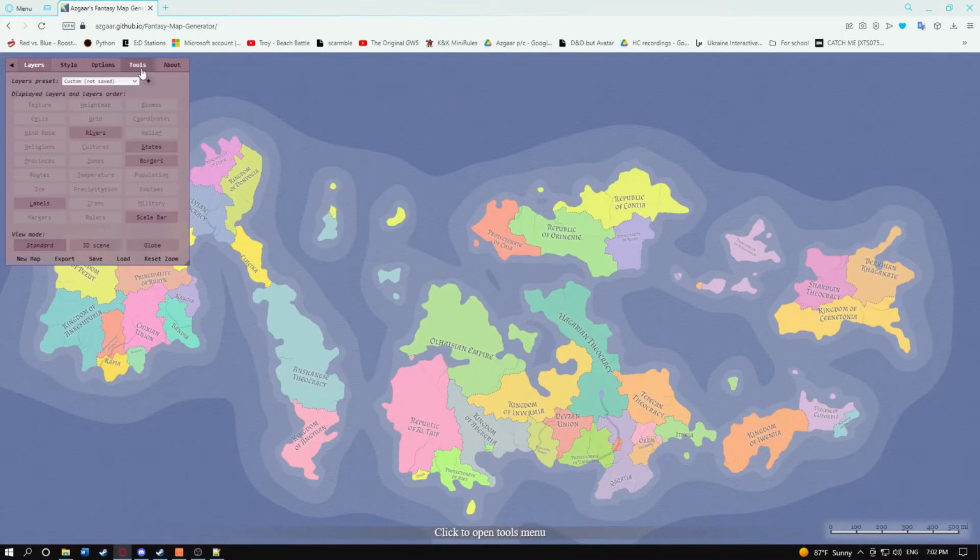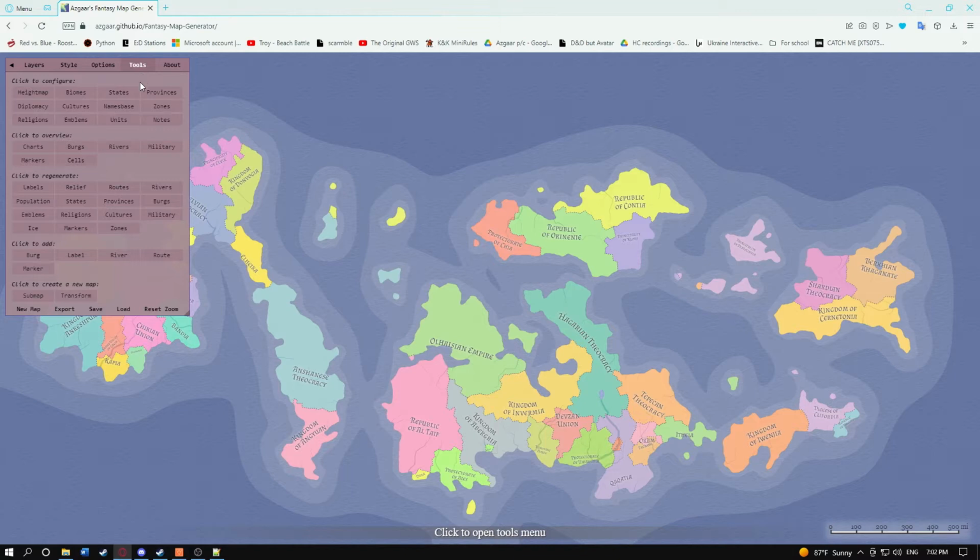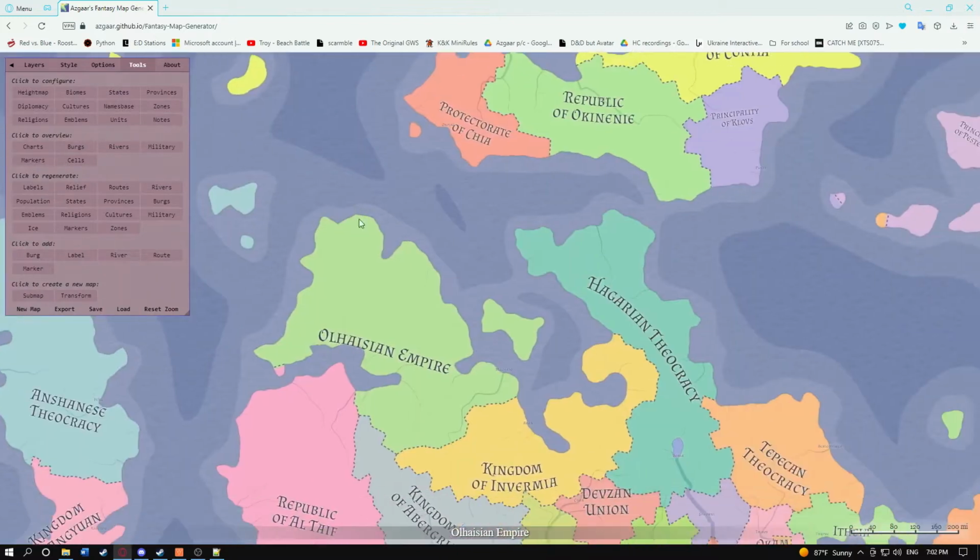Today I'll be covering these two new tools that were added to the Azgaar's map generator by the user Goteguru. They are the Submap and Transform features. These two features modify your maps in different ways, and I'm just going to be briefly covering what they go over. So to start off with, Submap first works by zooming in on a specific location